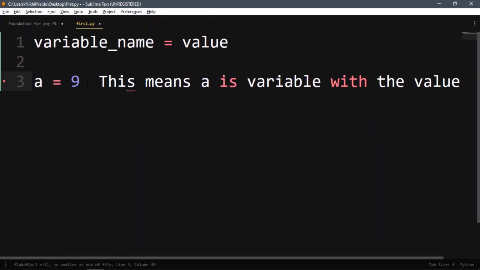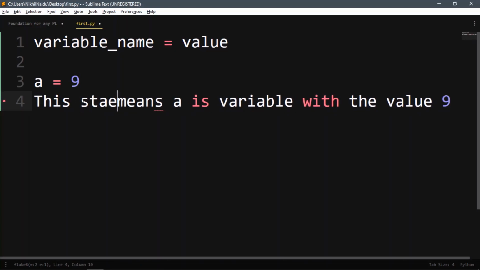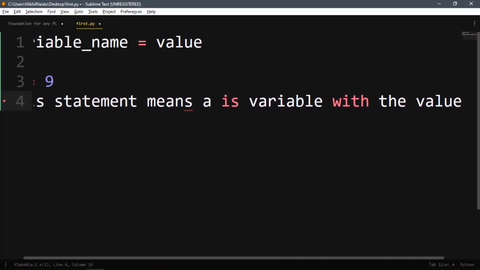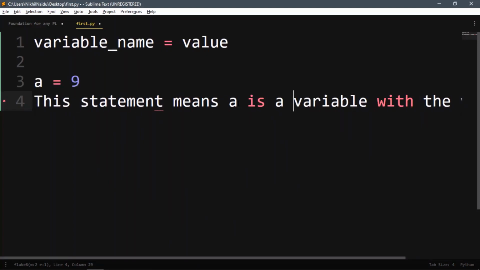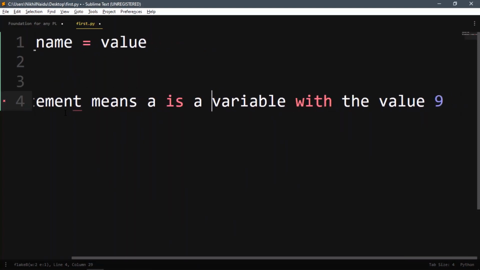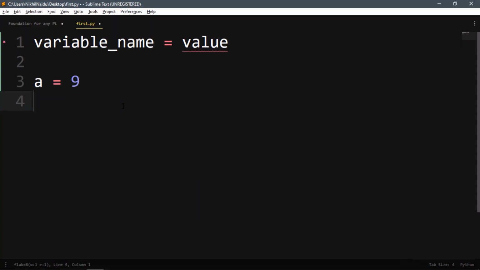What this line means, if I translate this line into English, is: a is a variable with the value 9. This is how you could put it into English words.